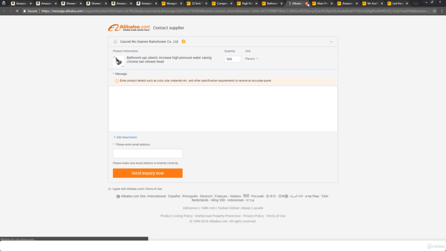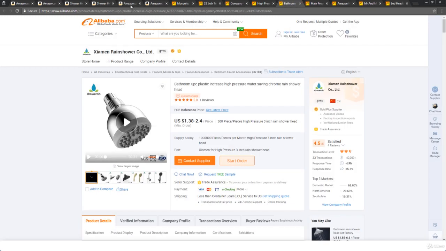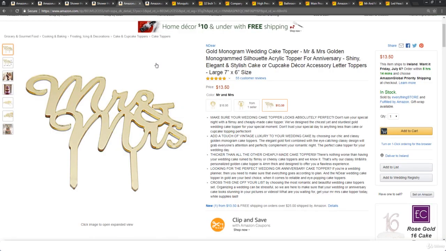It really makes no difference. All right, now I had a couple more products here. So I was looking at wedding cake toppers, which are popular. They are not mega popular, so they're not selling loads and loads, like shower heads are selling loads and loads. Wedding cake toppers are not selling loads and loads, but because they are under an ounce and they are so